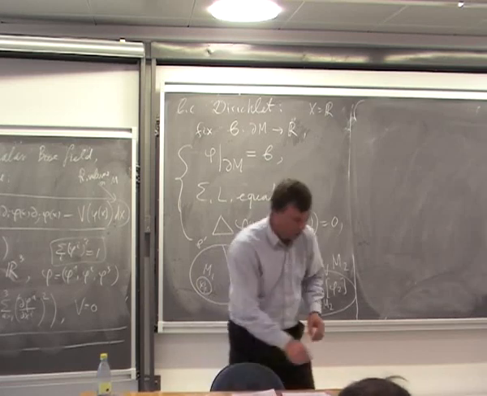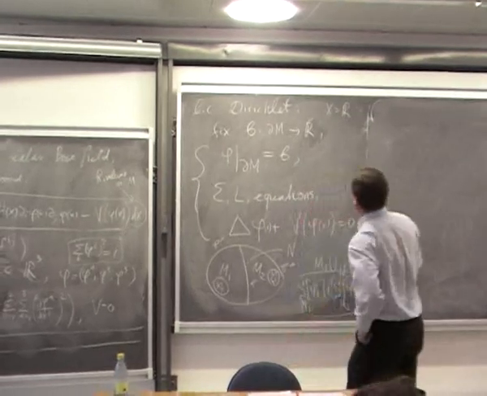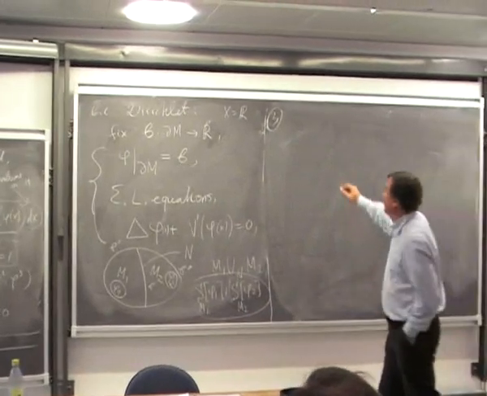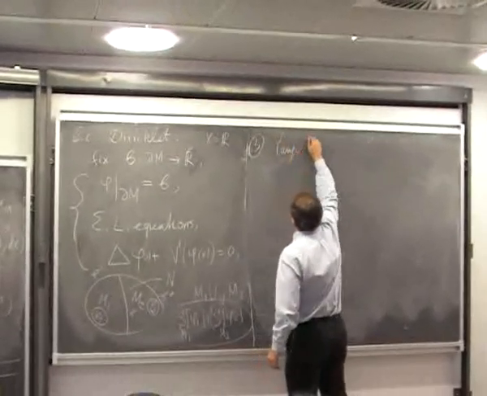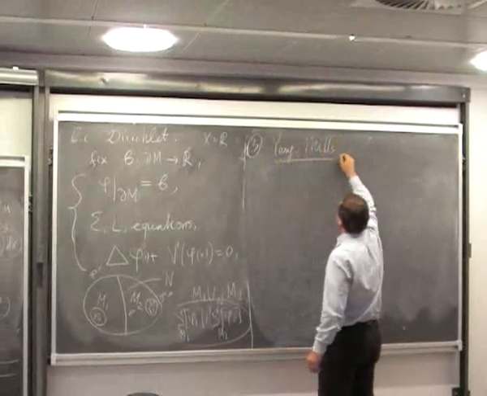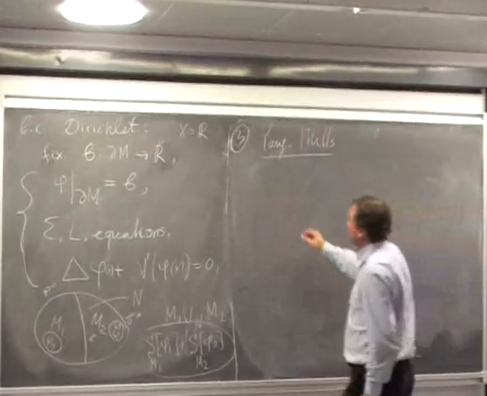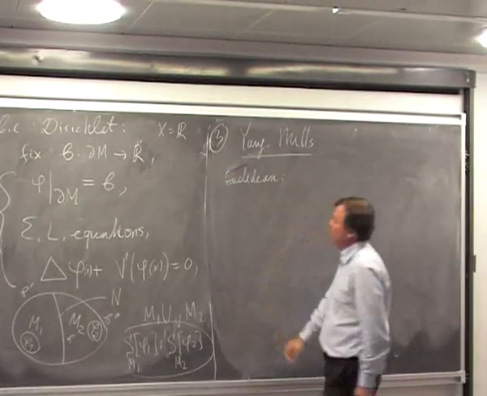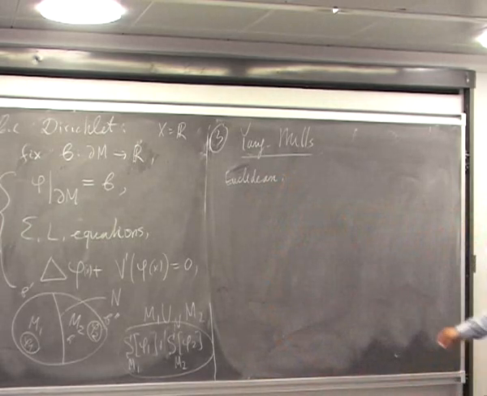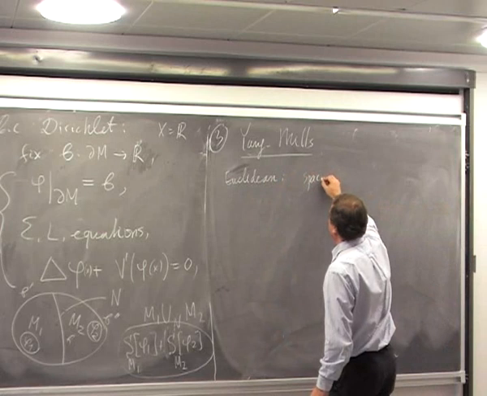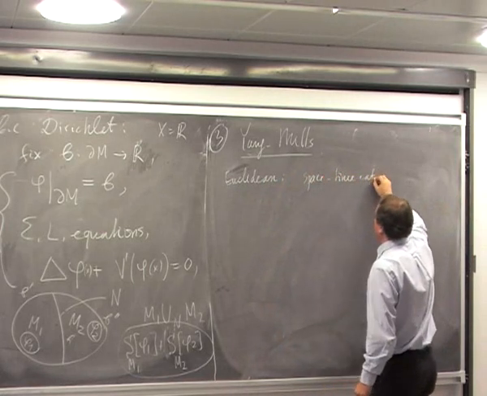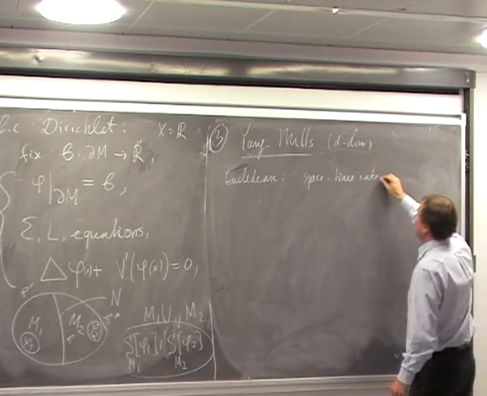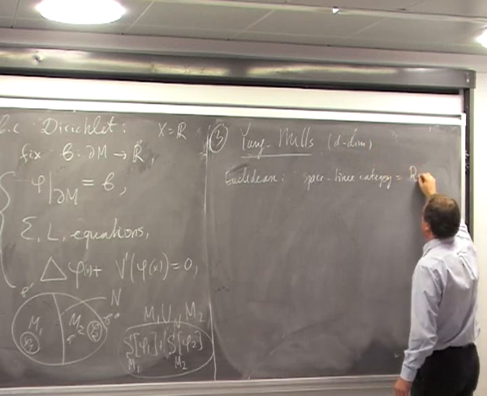So we finished with the scalar field, and now an example of gauge field theory. So the Euclidean version, in the Euclidean version of Yang-Mills theory, the space-time category, so let's say d-dimensional Yang-Mills. Space-time category is Riemannian,